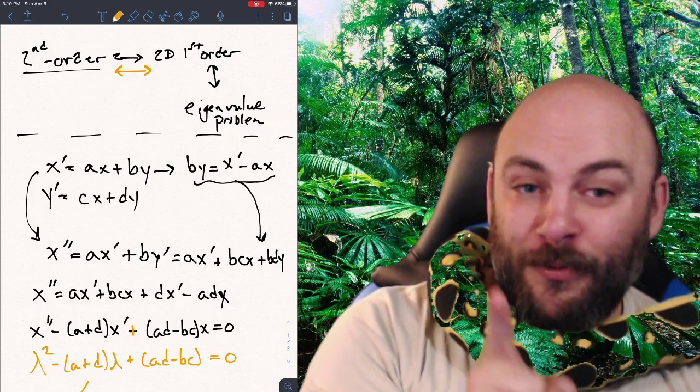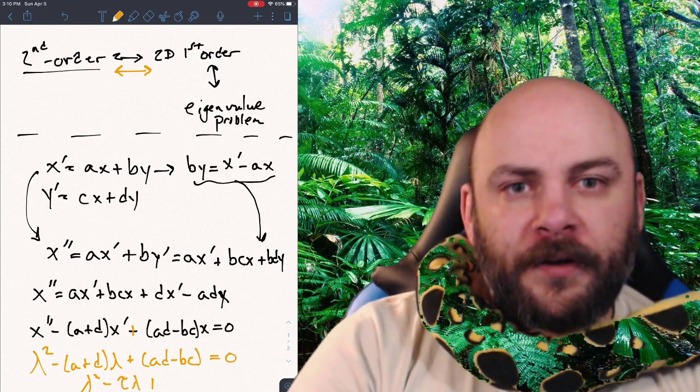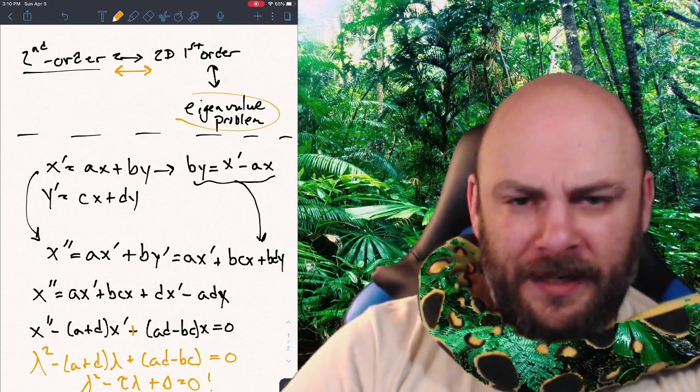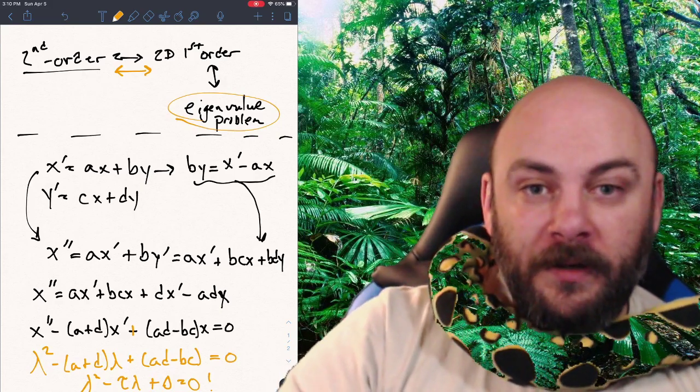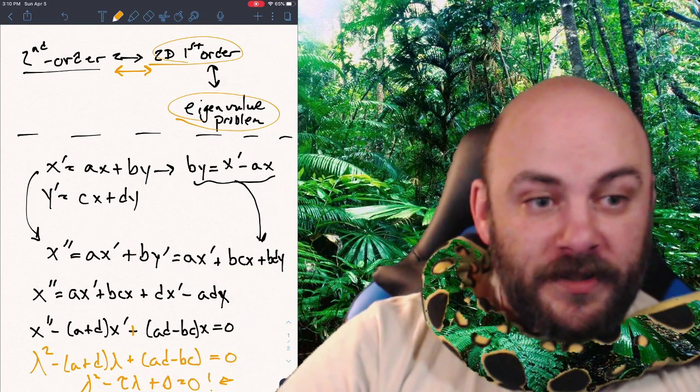Now, for those of you who watched the April 6th video, which should be all of you, this should look wicked familiar. This is lambda squared minus trace lambda plus delta equals 0. That's the eigenvalue problem. But it is also how we were finding straight line solutions to first order differential equations. And it's also how we find solutions to second order differential equations. So this is great because in some sense, some real sense